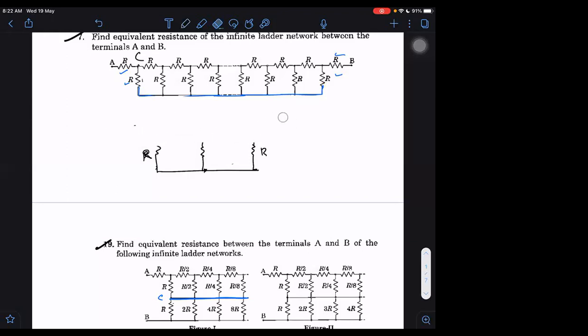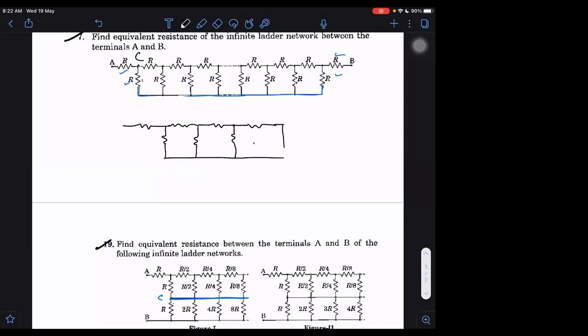If I do this way, just wait a second. This way, this way, this, and then at last here. Let us take A and this point as midpoint M here. What is between A and M if I find out? Ignoring this point here, because no current will be flowing to this side otherwise also.